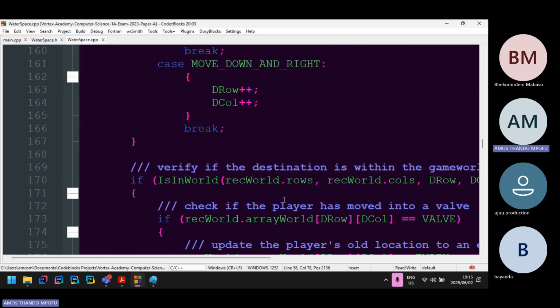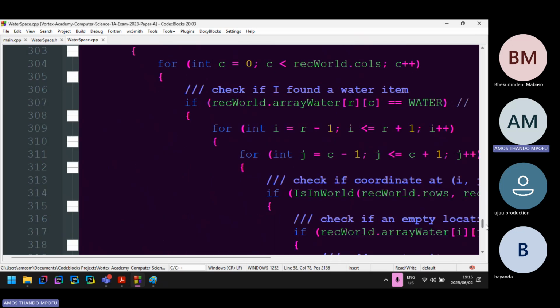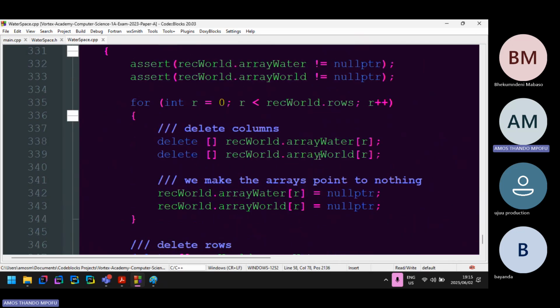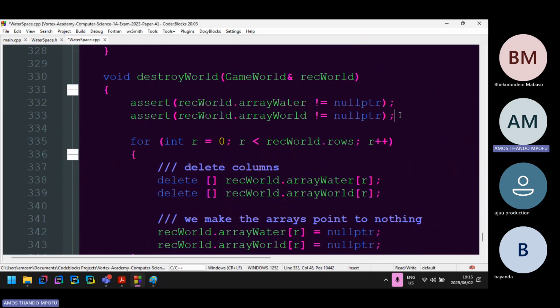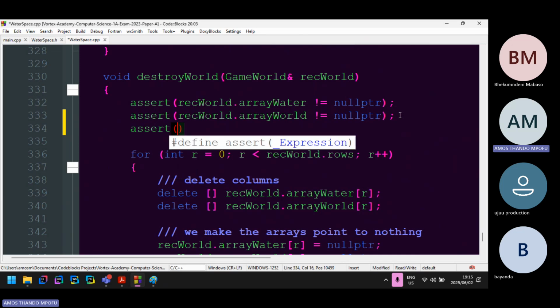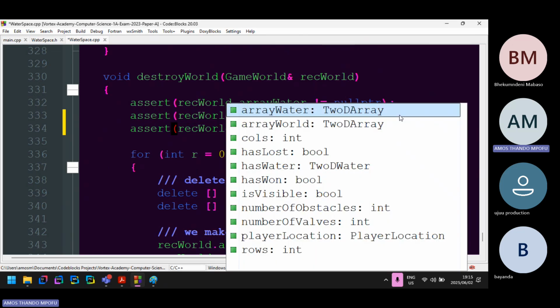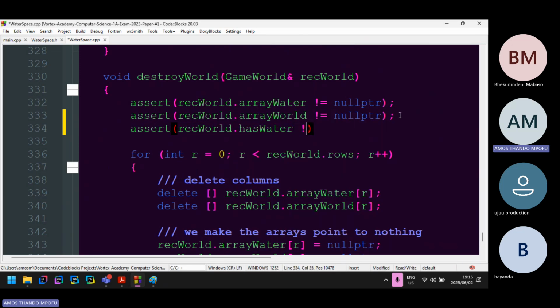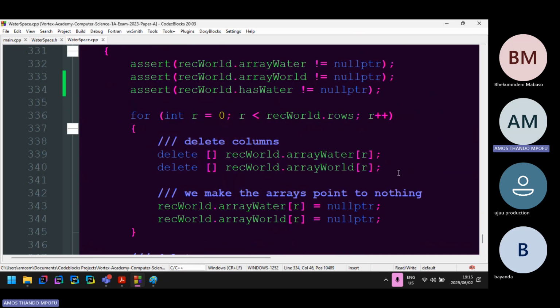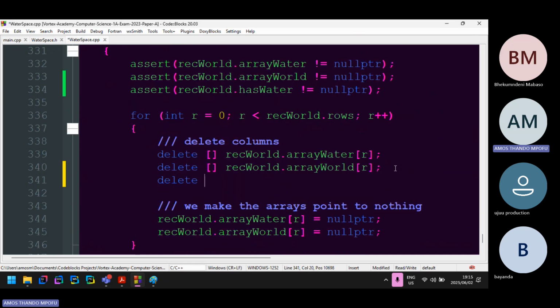Okay, I'm done allocating. Let me not forget to deallocate because I'm most probably gonna forget. So let me go back here. Then I'm also gonna assert the third array because we now have a third array. So here's water. It should not be equal to null. And then delete